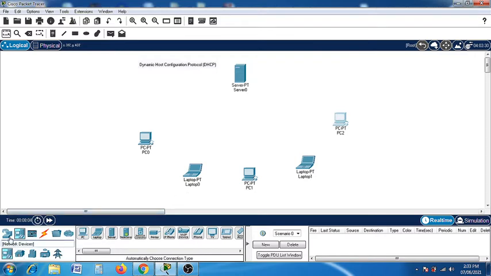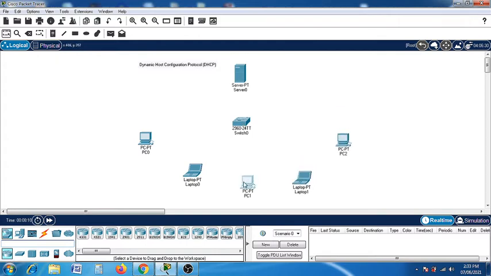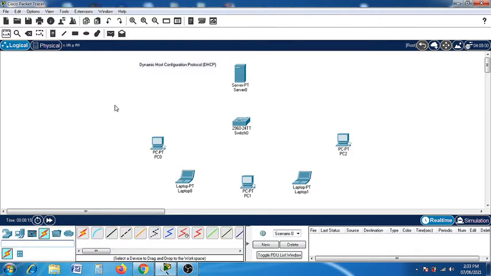Then we require one switch that will communicate with these. Then we require the communication cables. We'll take automatic connections, so no need to worry about the ports.